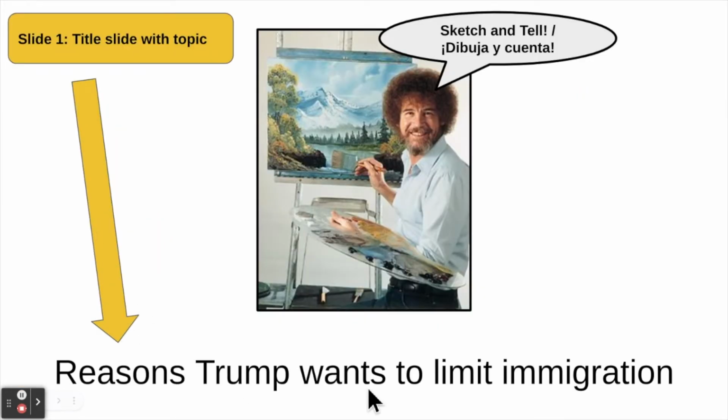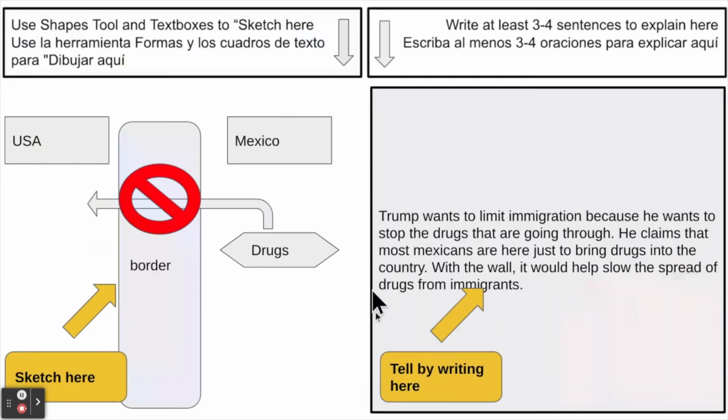This is probably not a DOK level 3 or 4 one, but this is a real example of a prompt that I'd used. And this is an actual student example where they're talking about Trump's reasons for limiting immigration. In this case the kid did use a little bit of text to label the border, the USA, and then drugs coming into the United States was something that he read about, one of the reasons why Trump wanted to limit immigration. And then right here is where he explains, or does the telling part